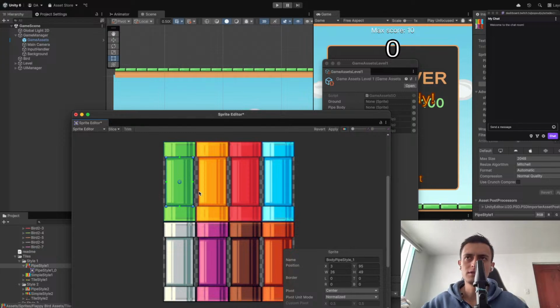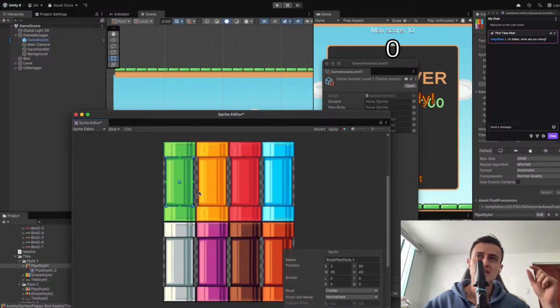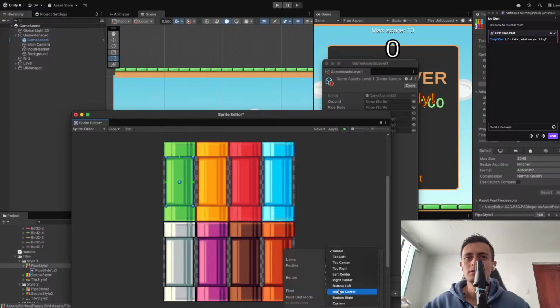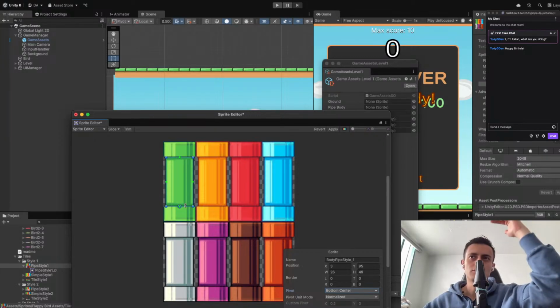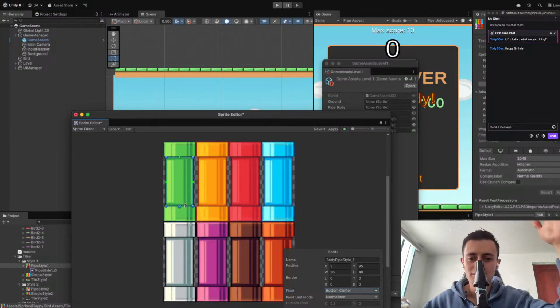So the body has to be, I don't remember if the body needs to be center or if the pivot needs to be. I think the pivot needs to be here in the bottom, bottom to center. So when I make this grow up or scale,